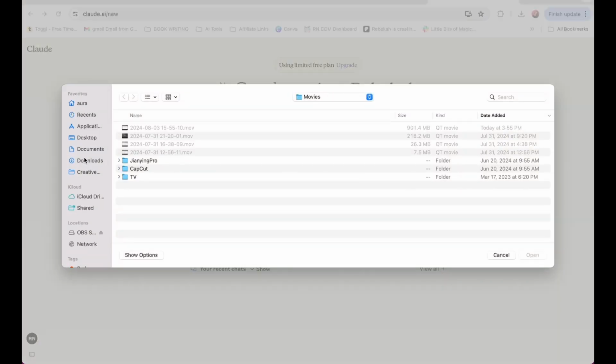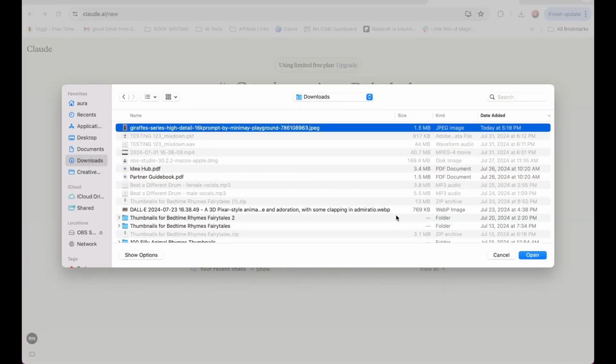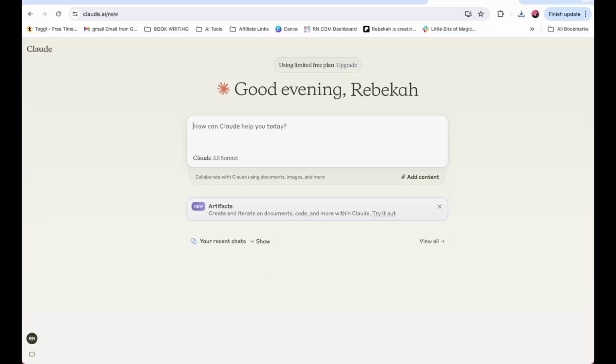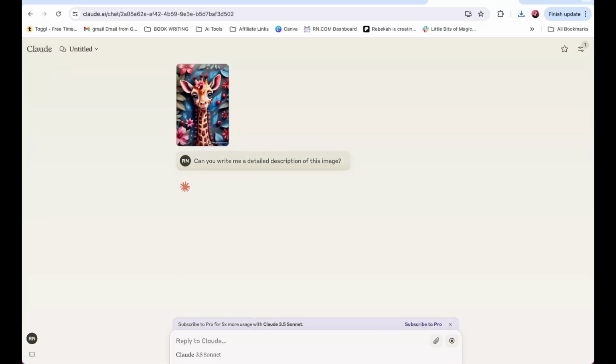Go to my downloads. Open up that image. And I'm going to say, can you write me a detailed description of this image? And then we're going to take that